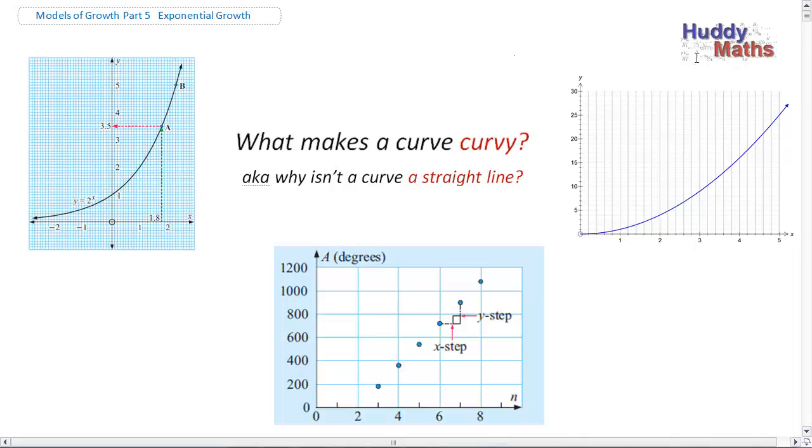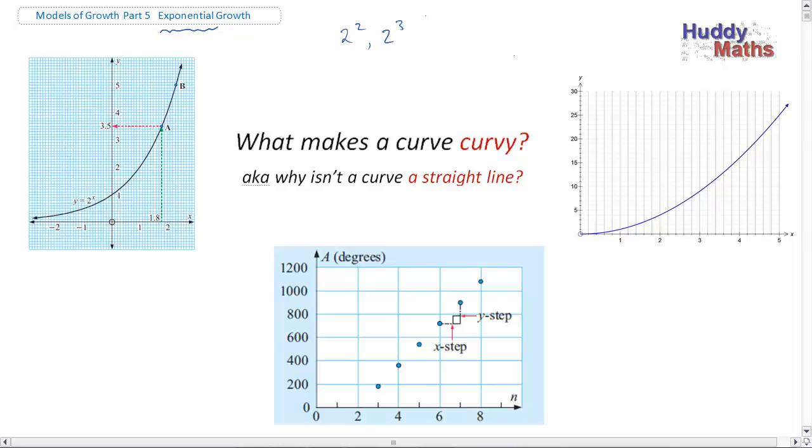This is part 5. I've got a word up here and I don't know whether you're familiar with it. Exponential. Oh, exponents. That's powers, isn't it? 2 squared, 2 cubed, all of that stuff. Well, I wonder why that's important in describing growth. And we're going to spend the whole presentation here on looking at how exponentials do describe some forms of growth